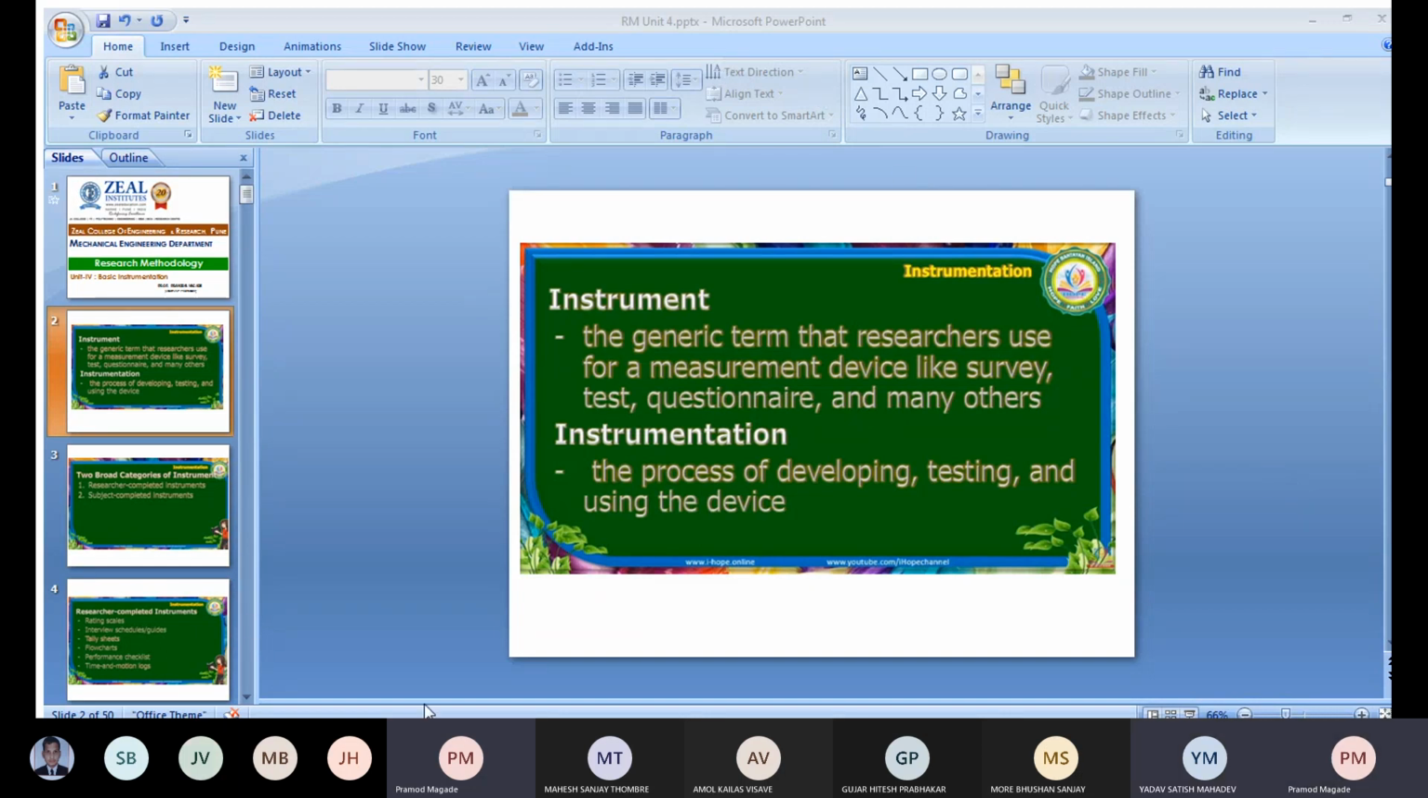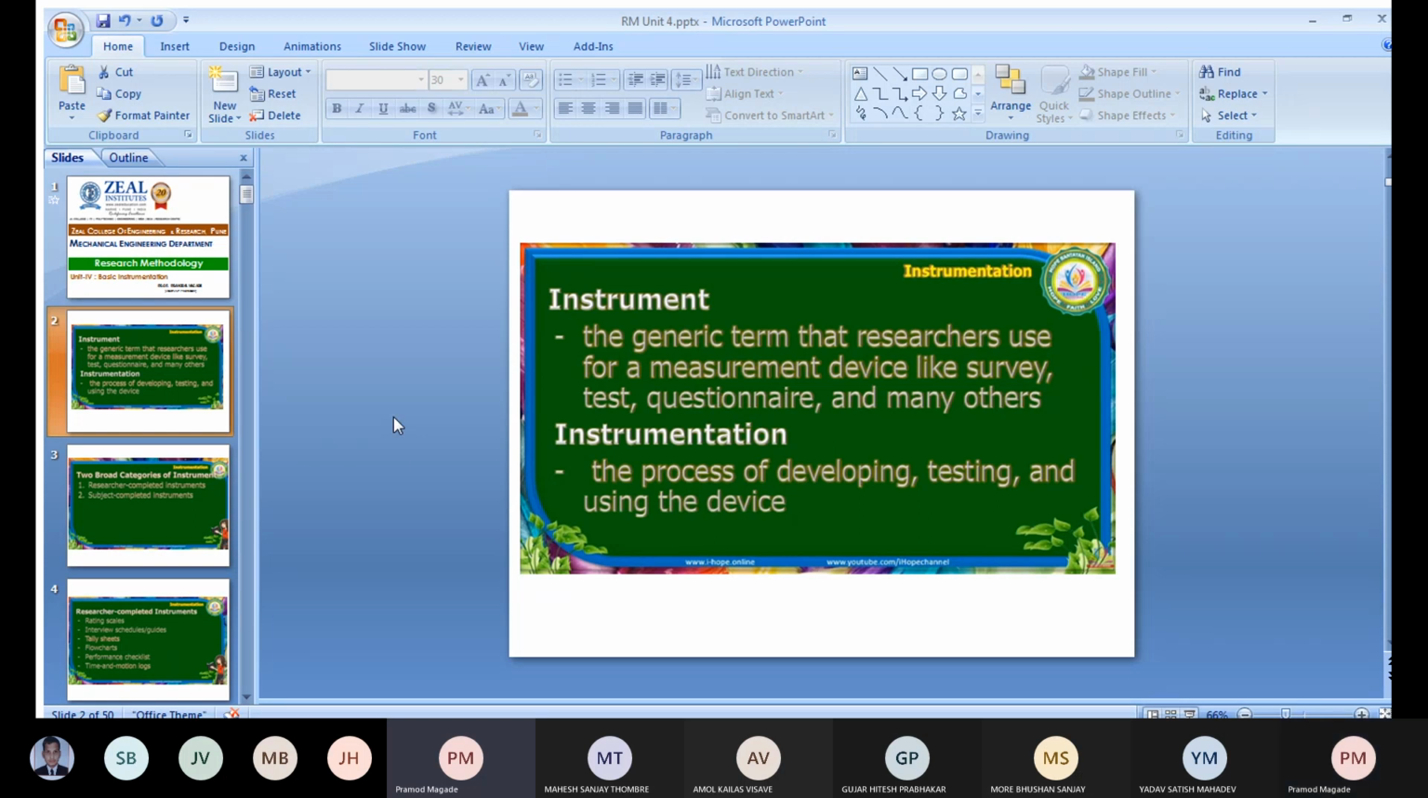Okay. Now, just write down the heading: unit number 4, basic instrumentation. And then write down what is instrument and what instrumentation means. So in case of the instrument, you can write: it is the generic term used by a researcher for the measurement,